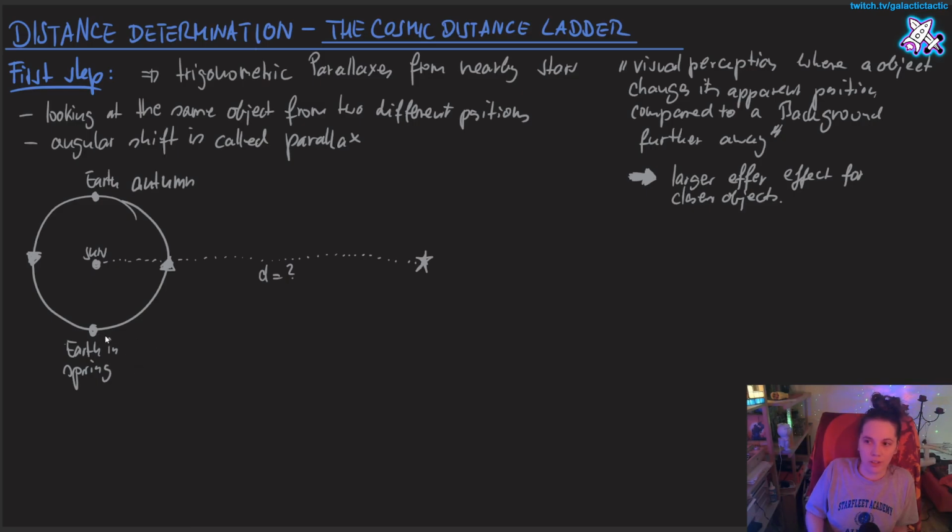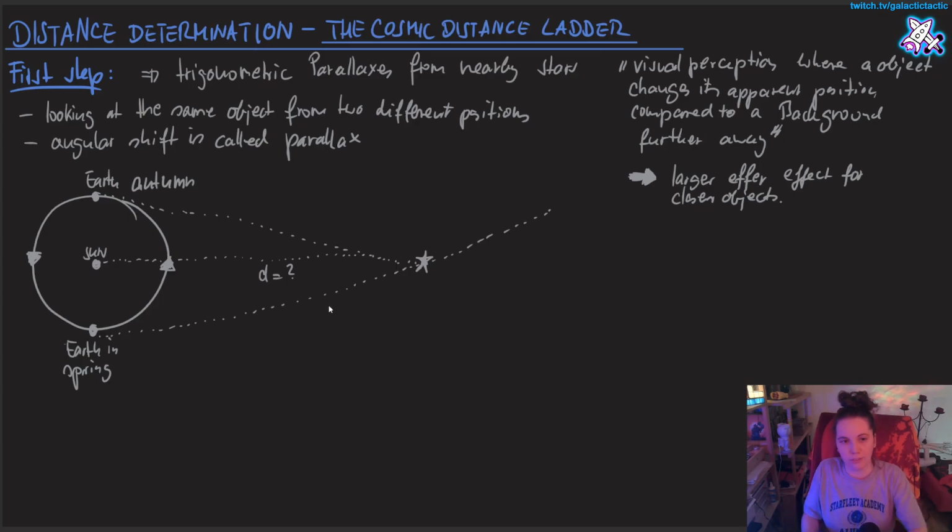So here on Earth, let's say there's Chris. Chris is observing the star from here. All right, and here we have Baleur, observing the star in autumn. Actually, this is a different time. Wait, we don't even need different people. It can be the same person. Okay, this is Chris again, and this time Chris is observing the same star in autumn.